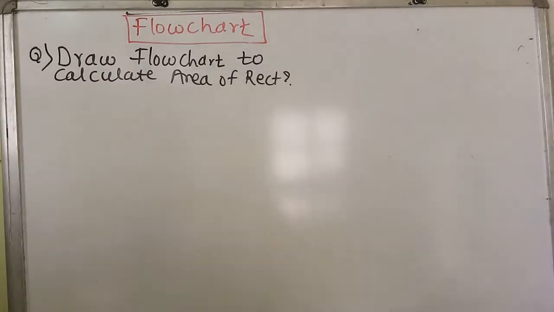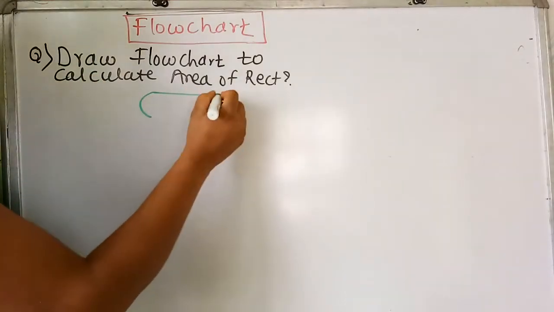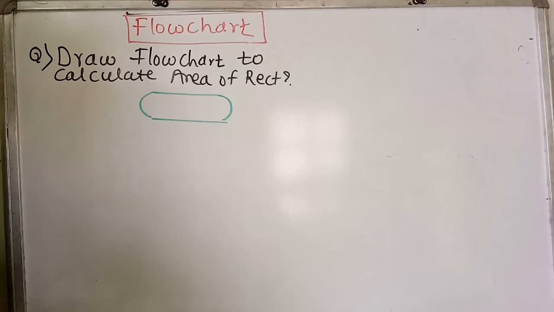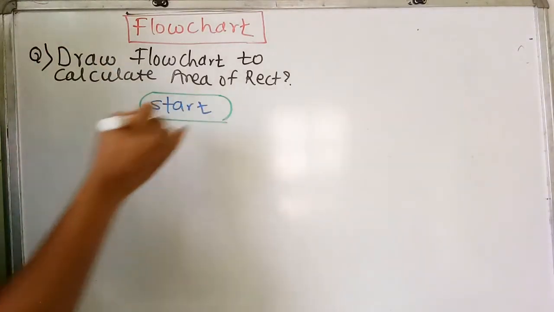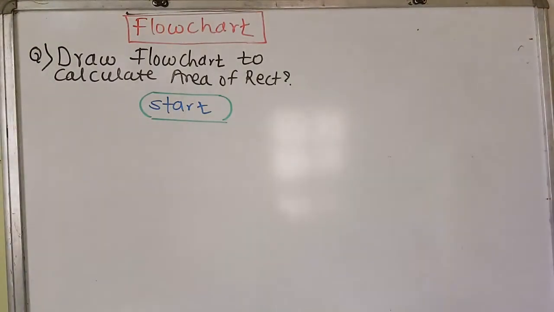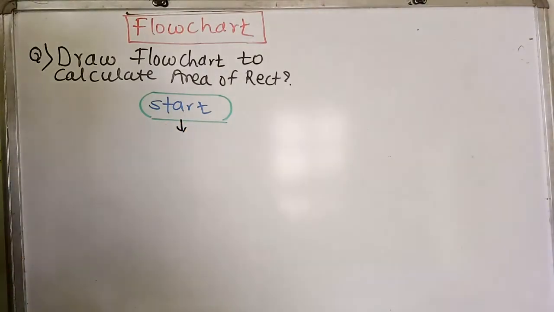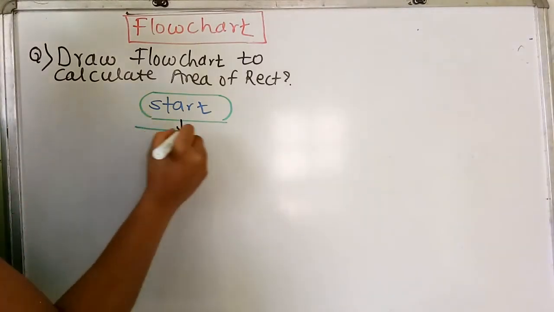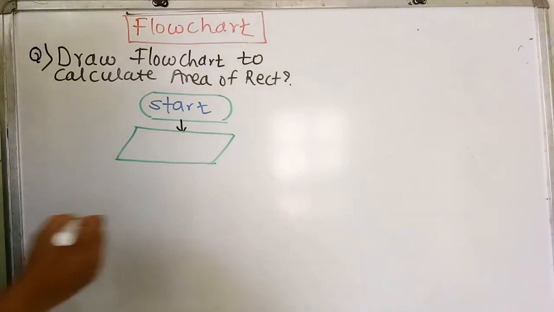We will draw the flowchart. For starting any flowchart, we have to start with the start symbol. Then we will write start here. As I told you, we have to accept only two variables from the user, that is length and breadth. For that purpose we will use the accepting symbol, which is a different shape, like this. In this we will write